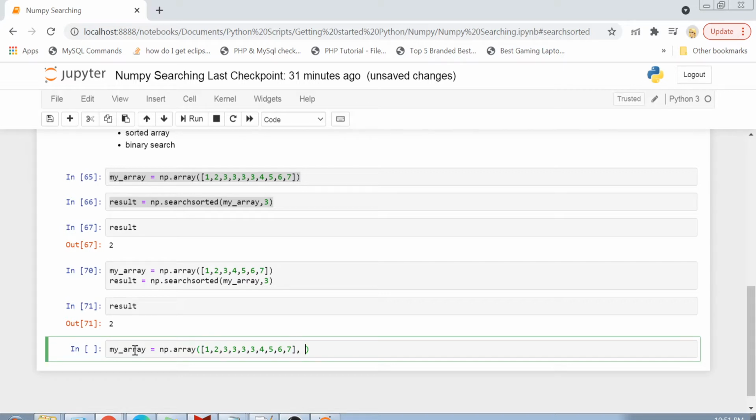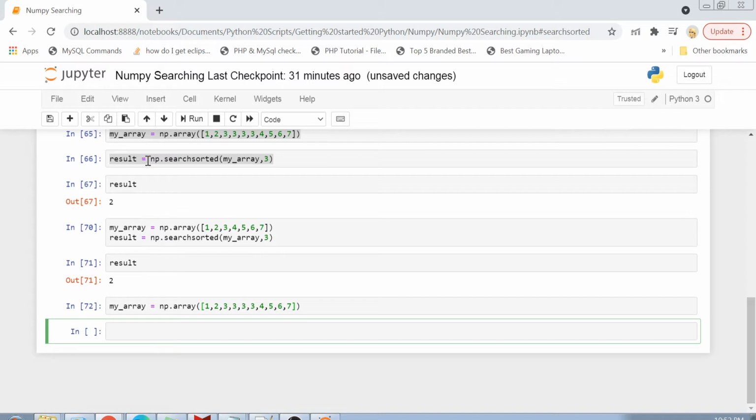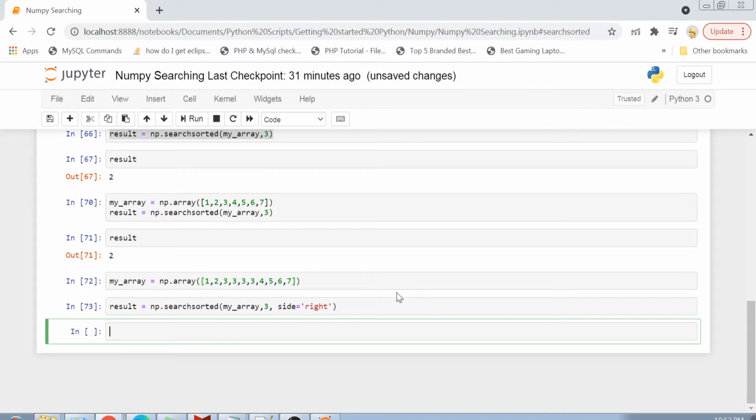You can create an array like this, but when you do your searchsorted, specify the array name, specify the element you want to search, and specify another property called side. By default the search is from the left, but if you write right here, it will give you the index starting from the right.